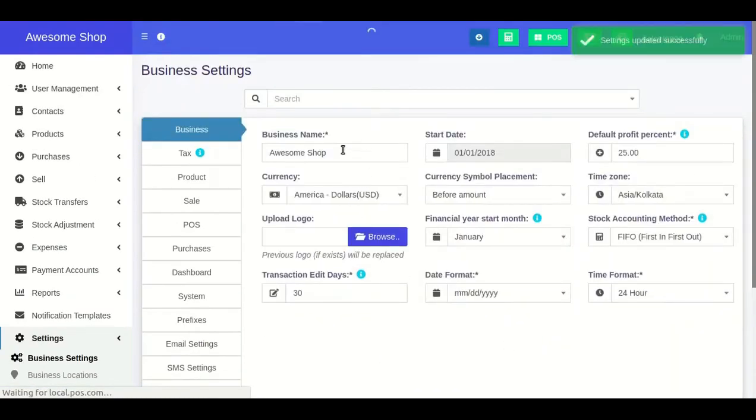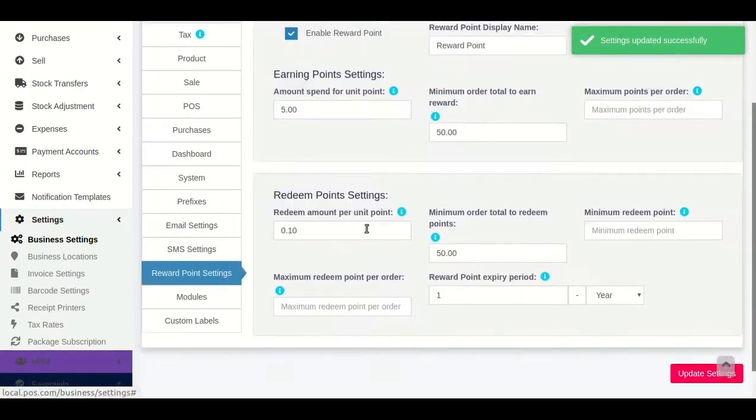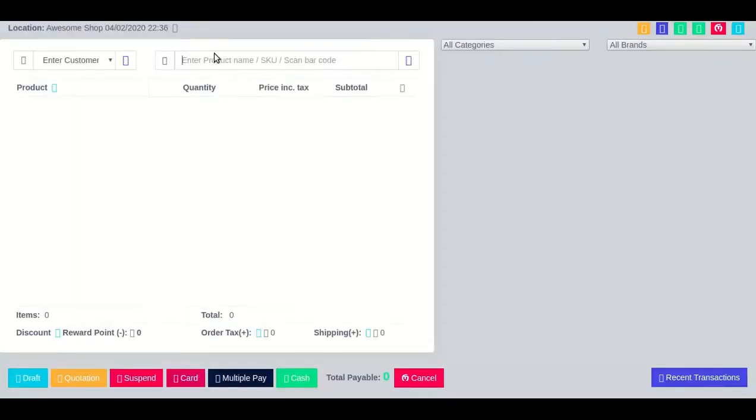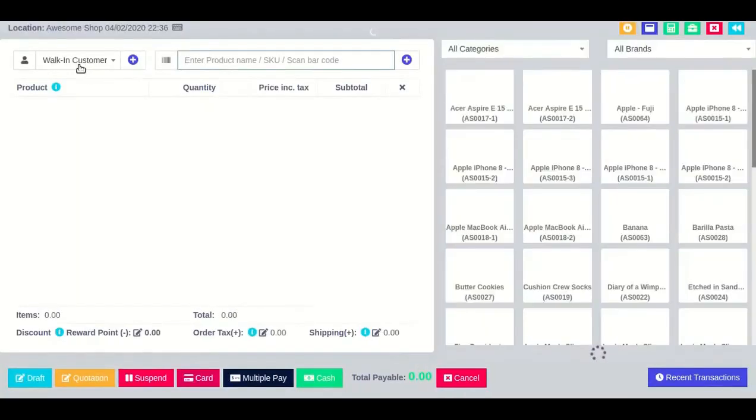Okay, so we have updated all the settings for this reward points. So let us go to the POS screen. I will open the POS screen in a new tab. I will add a new customer here. Suppose you want to add a new customer known as Alex,